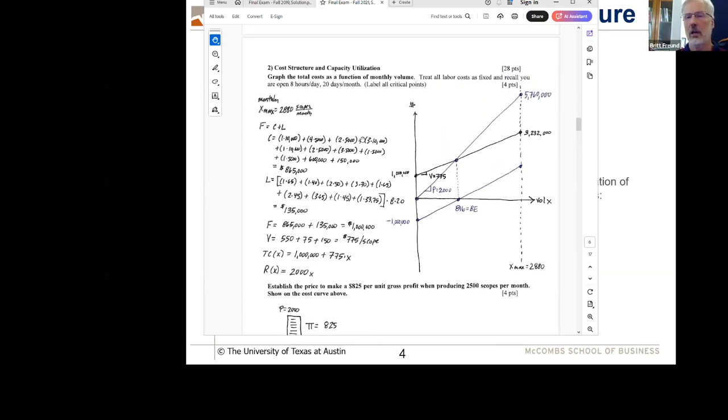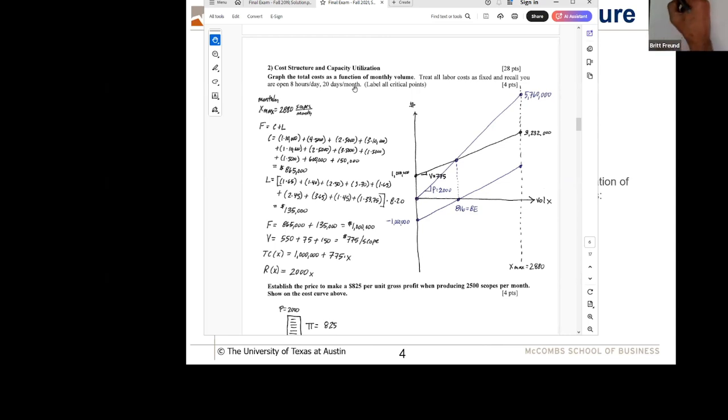I know I gave you a long-winded explanation, but what I'm trying to do is come up with the ability to start drawing this chart. So let's draw an empty one, all right? And I won't do all the calculations because obviously you already know the calculations, but what do I suggest doing when I ask you for a cost structure? The first thing to do is figure out what the time period is that we're interested in. It's a month. So I'm going to sit here and go, a month. Okay, so now I've established that it's a month.